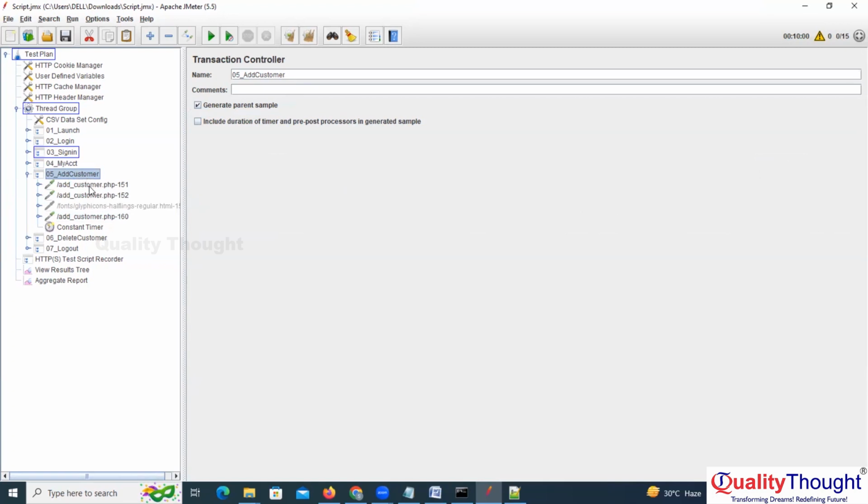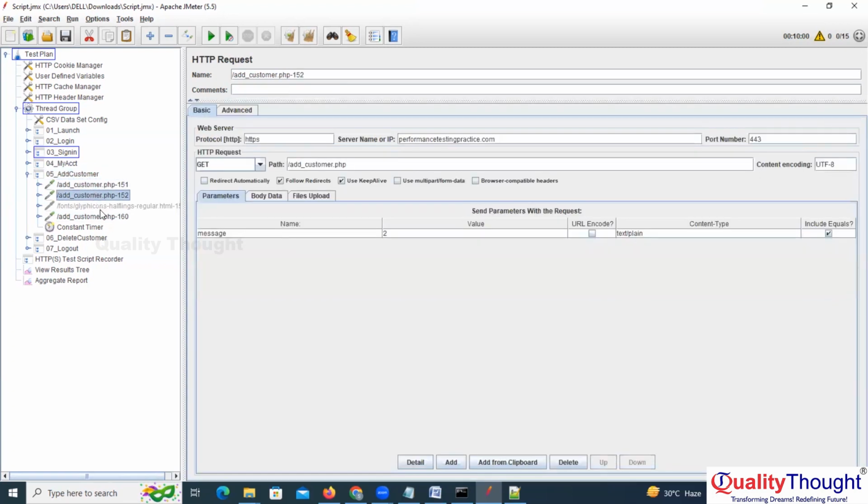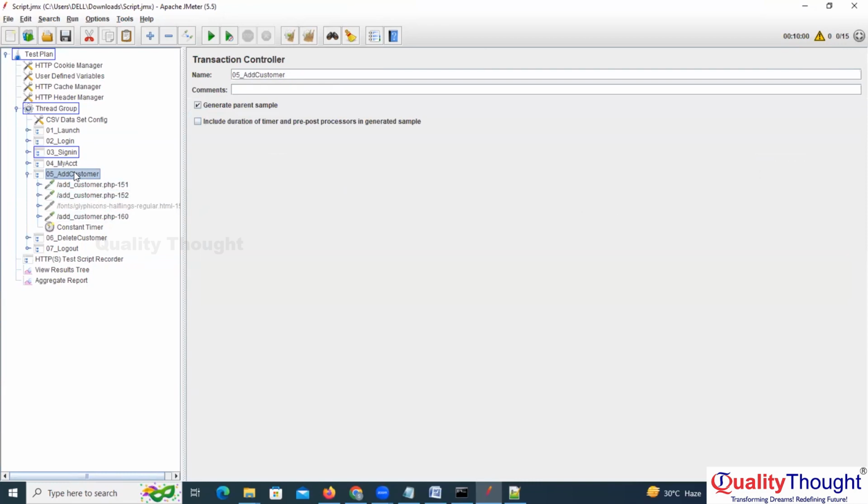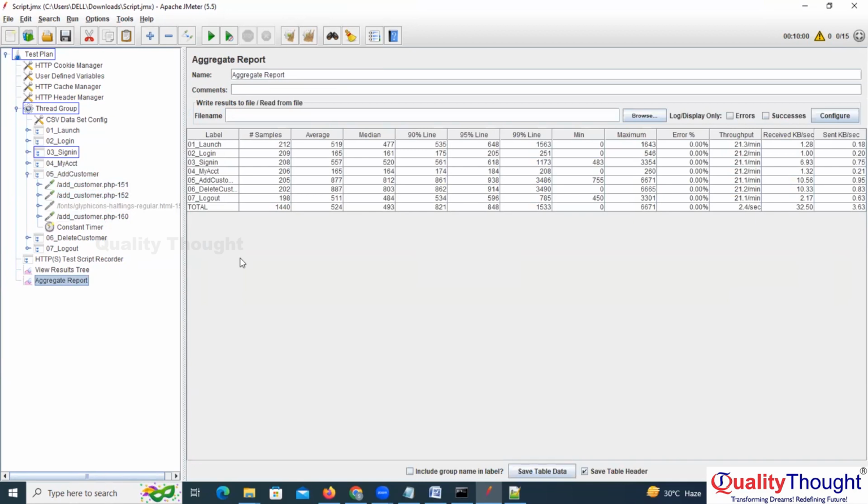Under add customer, how many requests you have? 1, 2, 3. Everything should achieve 1000. Then only you can say 1000 add customers were achieved successfully. Okay. So what I'm saying here is,